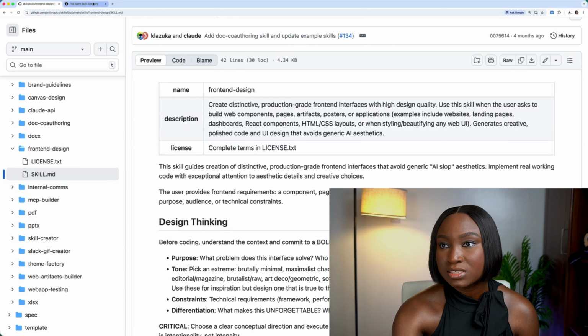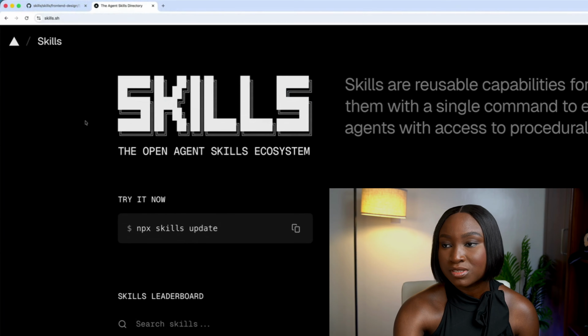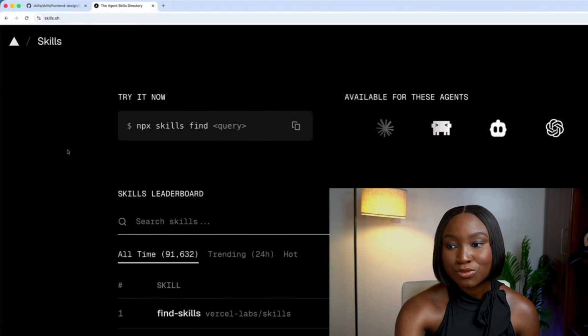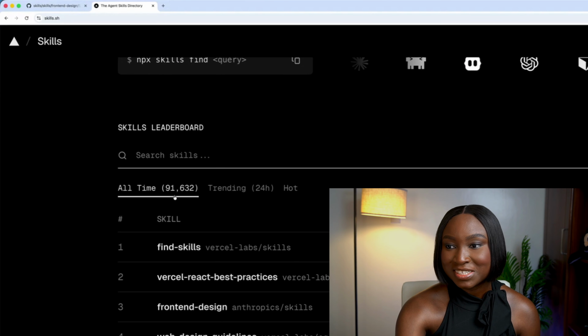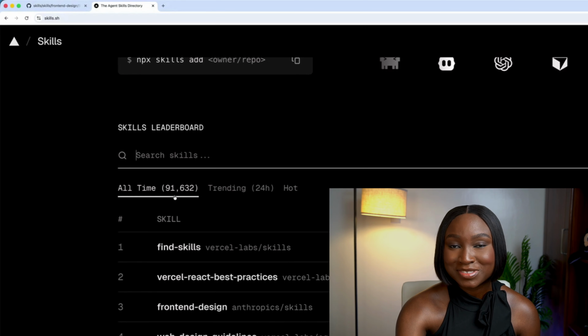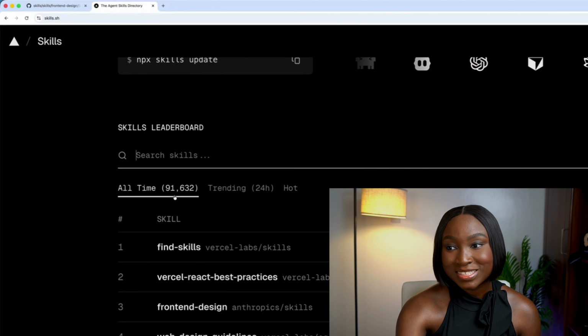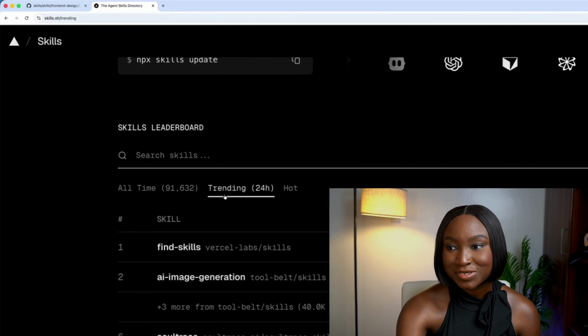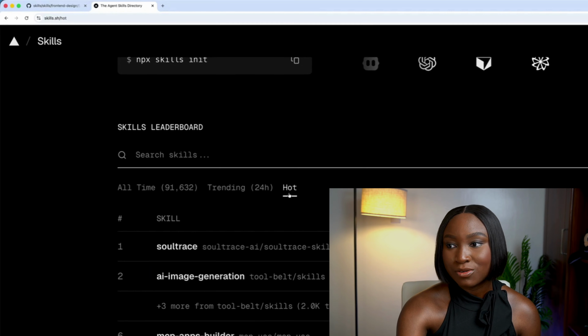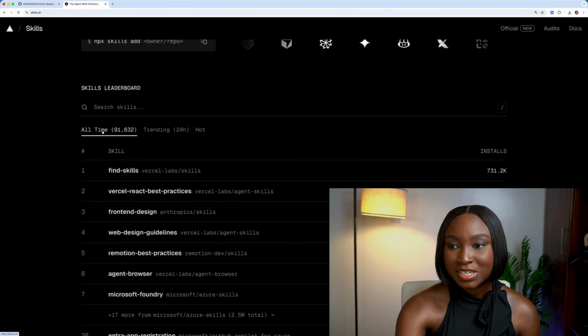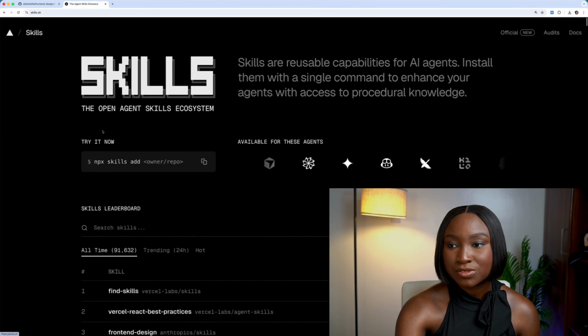So to access it, just go straight to skills.sh, and when you land here, this is really the UI that you see. So there's so many skills right now. You can see that there are over 90,000 skills that you can have access to, and that is just wild. You can see the trending skills in the last 24 hours, the hot skills. So take your time to go through all of these skills. You can search for